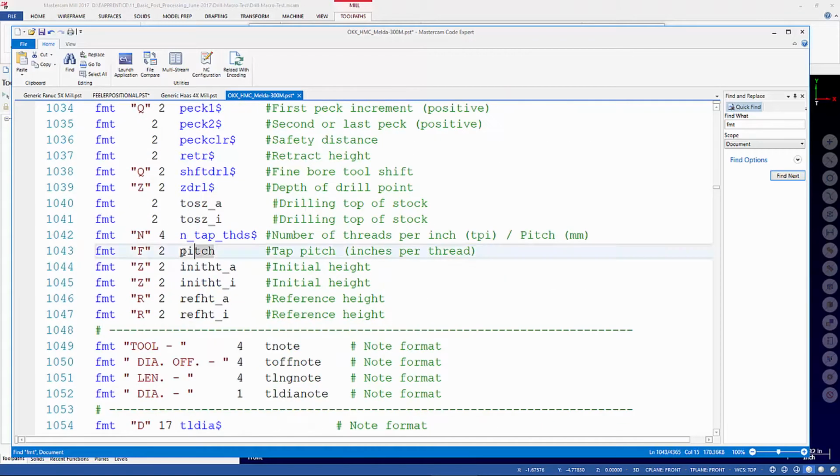Now, there's usually something in here for pitch. See, pitch, tap pitch, inches per thread, and I can simply change my number here. We do also have to check, you can see up here, end tap threads, number of threads per inch, TPI, divided by pitch. So this is the number of threads per inch. If I want the metric value, I actually have to divide it by the pitch to get the real value for metric. So if I search for pitch in this post,